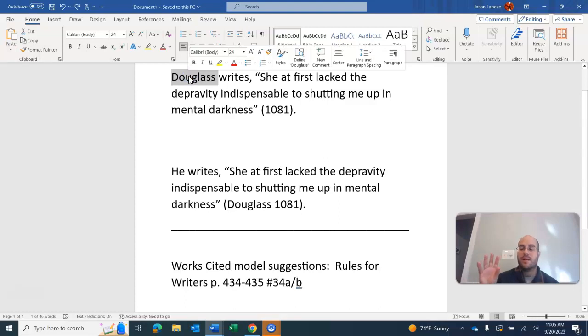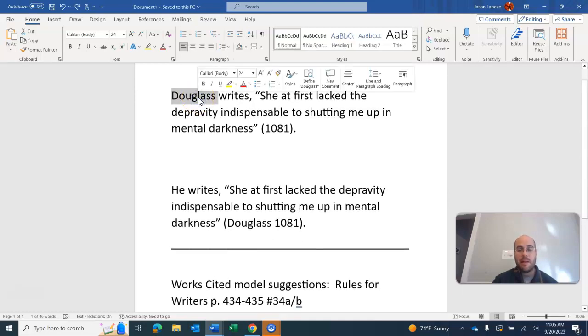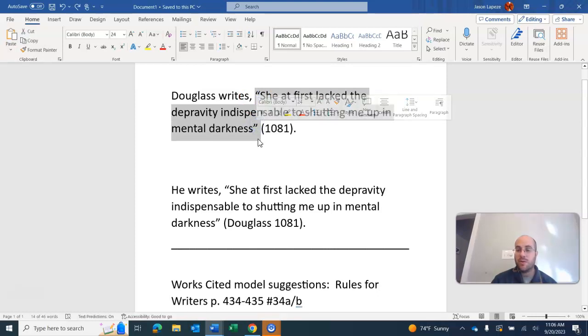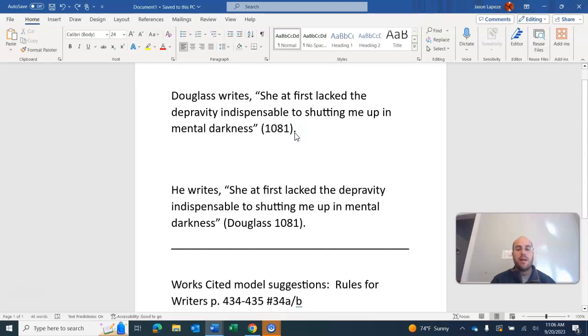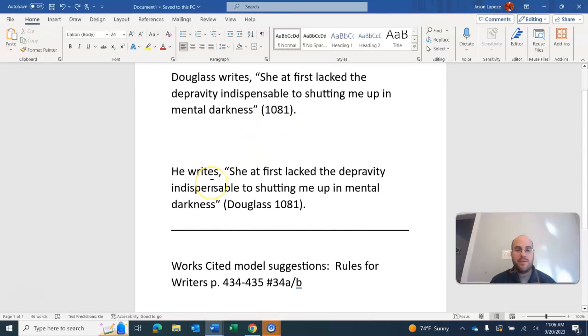Author, remember what I said, you list the author's full name initially, last name only after that. So if this was a quotation in the paper, we would be assuming that Frederick Douglass's full name was presented to the audience sometime earlier. And then whoever's writing this paper wants to provide this quotation in quotation marks. And so they say, Douglass writes, so this is a present tense verb, comma, and then your quotation, directly from Douglass's Learning to Read and Write, and then the page number from where the quotation derives, in parentheses with a period afterward.